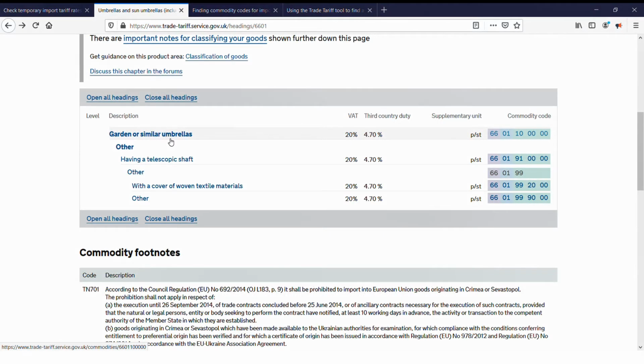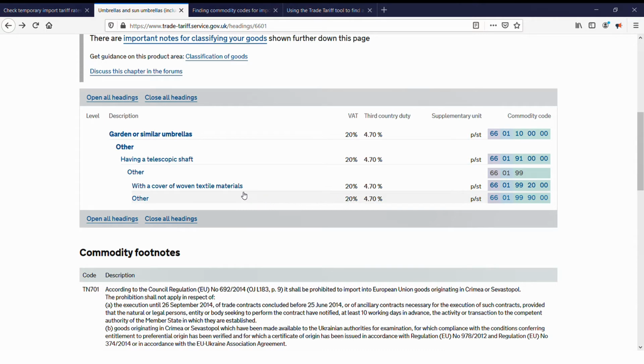Okay, we're now looking for export and import information associated with our commodity code. We've opened all headings. If I hover over these top two other headings, nothing happens. Notice these two other headings do not have a full commodity code on the right-hand side, over here. On the other hand, if we hover over anything that does indeed have a full commodity code, we get a highlight on that row. Perhaps something might happen if we click a highlighted row.